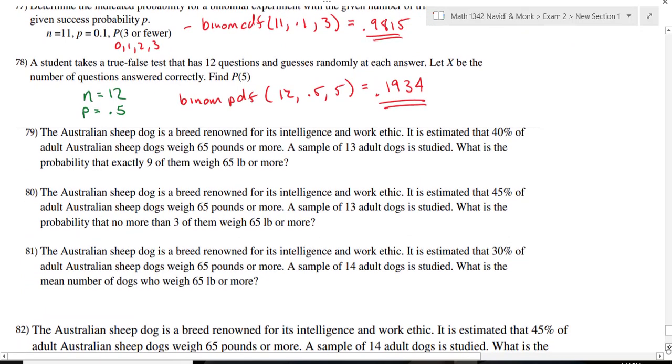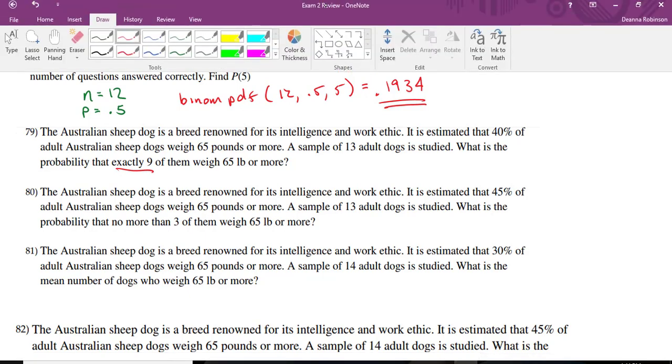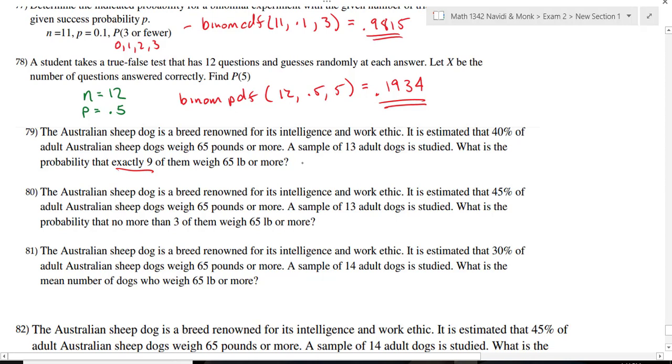Number 79. The Australian sheepdog is a breed renowned for its intelligence and work ethic. It is estimated that 40% of the Australian sheepdogs weigh 65 pounds or more. A sample of 13 adult dogs is studied. What is the probability that exactly 9 weigh 65 pounds or more? This is a binomial distribution because I have a fixed number of trials, the 13 dogs. The probability of success is 0.4, because we were told that 40% are over 65 pounds. And then x for this problem is 9,